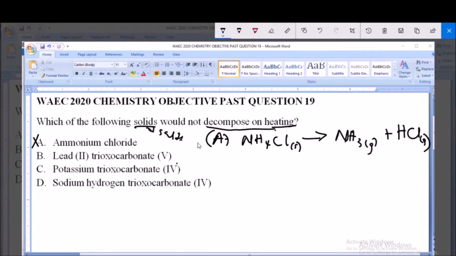Now option B, lead 2-trioxocarbonate 5, it decomposes on heating. Now this is how it works when it's exposed to heat. This is the reaction. So this is the compound lead 2-trioxocarbonate 5, a solid. When it is heated, it decomposes into lead oxide,